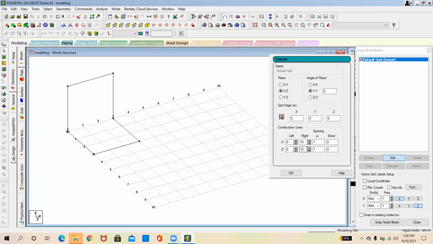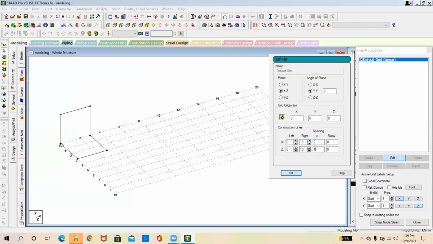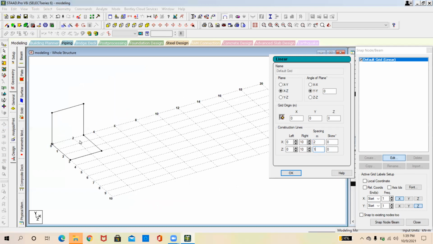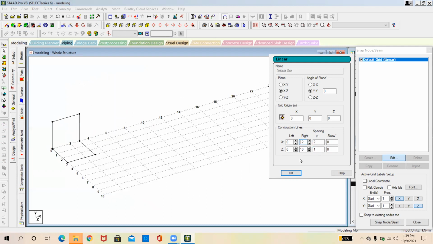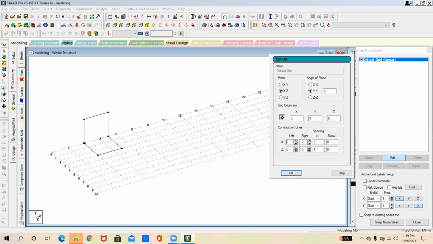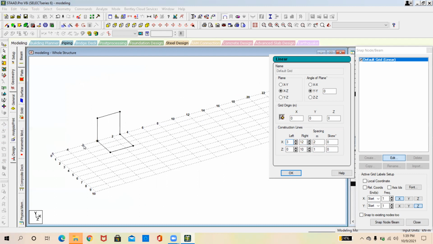But if we need a regular spacing, here we have a spacing of 1 meter. So we directly go to the spacing: 1 meter, 1 meter, 1 meter. If we want to change the spacing to 2 meters for each, then there are 2 meters of length for each grid. If we want to increase the grid lines, I can increase them, or if I want to increase the grid lines from the negative side, I can increase the grid from negative -1, -2, -4, -6.